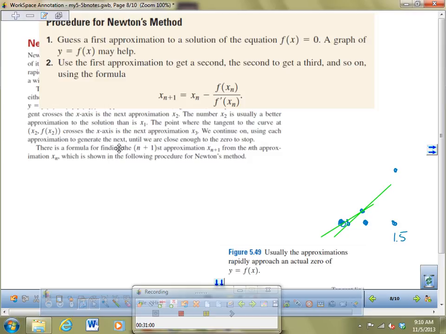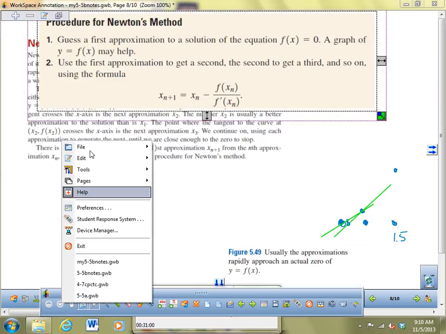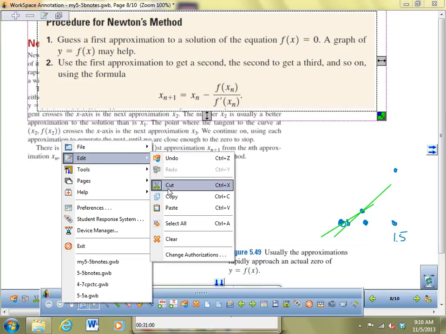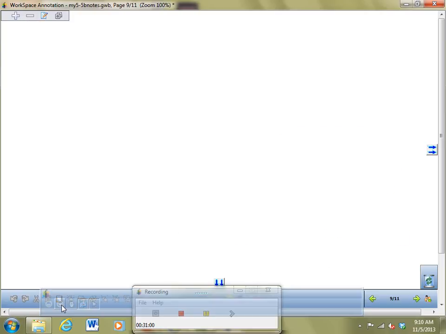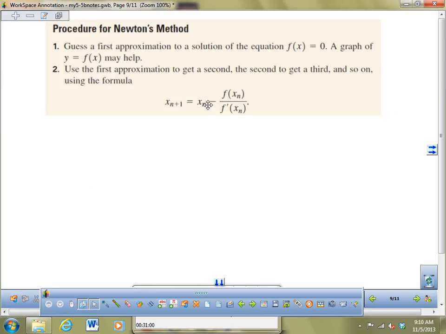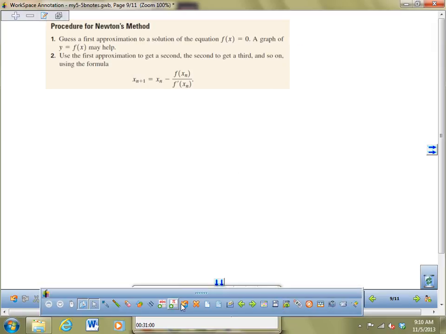Alright? So, let me give you an example of a problem, and I'll show you how to do it with your calculator in a minute. So let's copy this to a new page. Edit, copy, and I'm going to go new page, here. There we go. They're going to give you problems that look like this, which say,